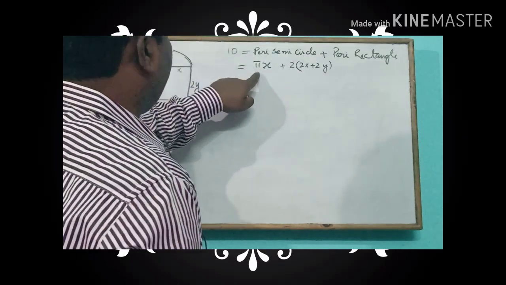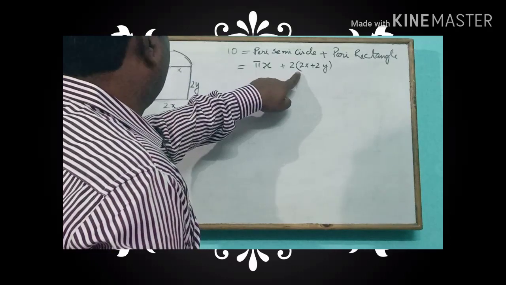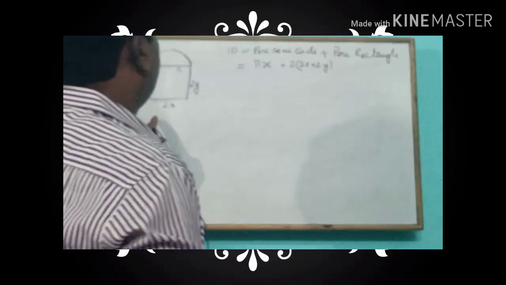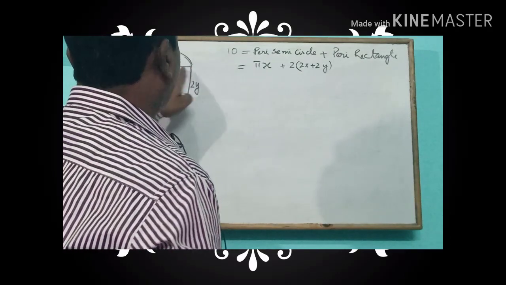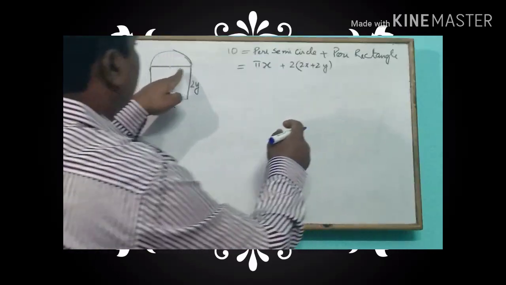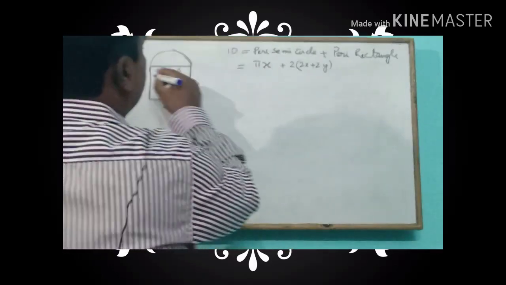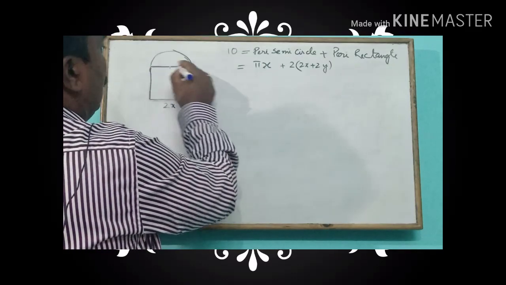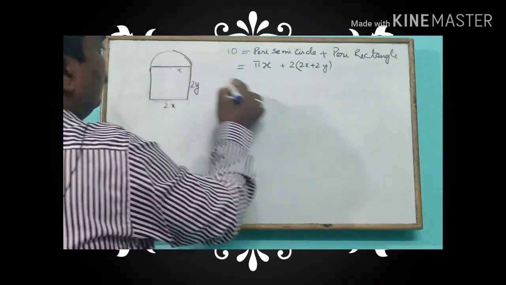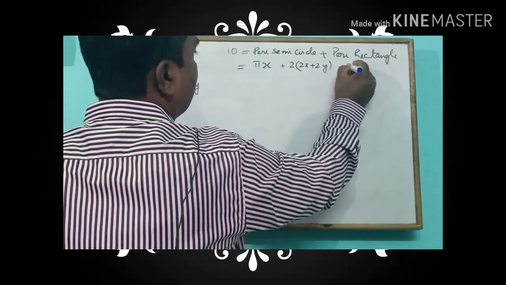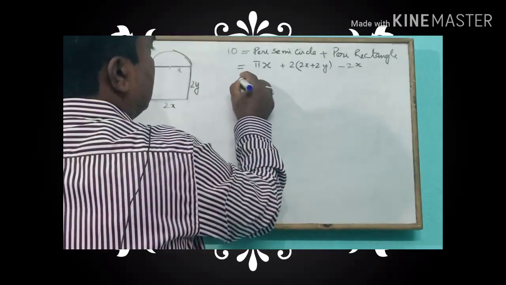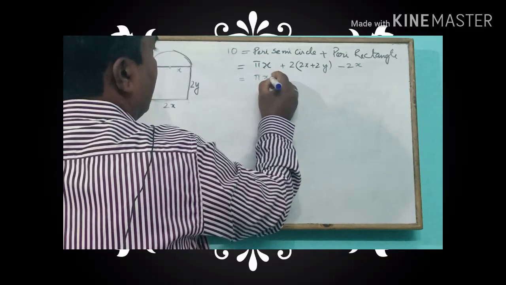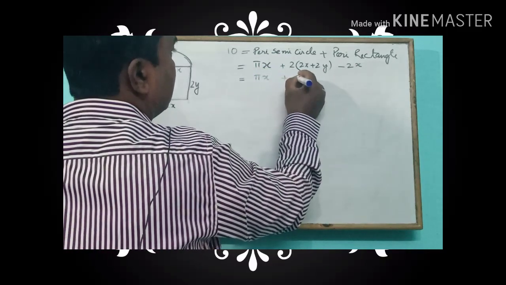So we will have pi x plus 2x plus 2y, and you subtract this length. Because if I take the rectangle perimeter, then we are taking this also. So minus 2x,